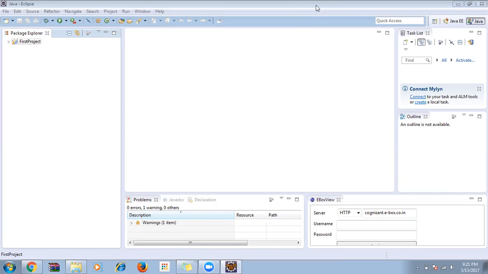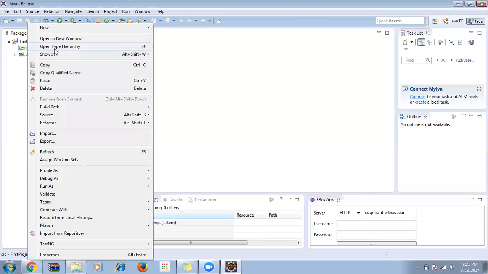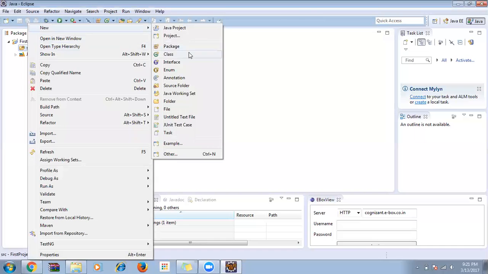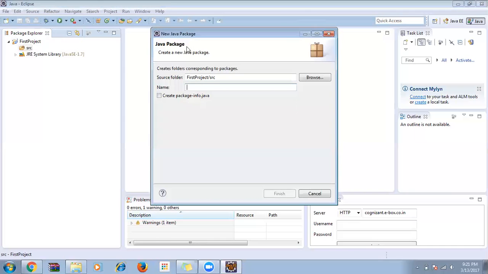First, you have to click on the first project. Yes, correct. Then you find the source SRC. Right click on that. When you right click, you will find new. In new, package, you have to select. Yes, correct. Right click, new package. And over there you just have to give the package name like